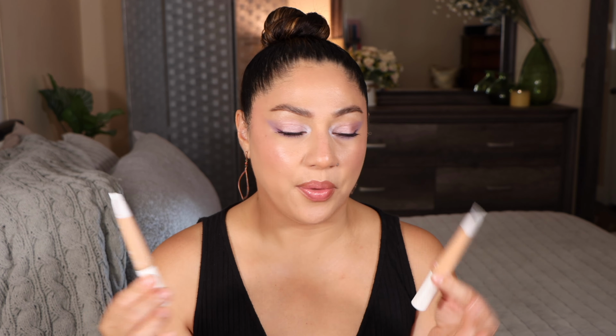I did try the Charlotte Tilbury highlighter, but I haven't been reaching for it as much just because I'm not really into highlighters, just because my blushes do give me enough glow. But this one right here, it's really nice and subtle. It's not too pigmented or in your face, so I do like it. I just don't think that it's necessary for you to pick it up if you already have a really nice